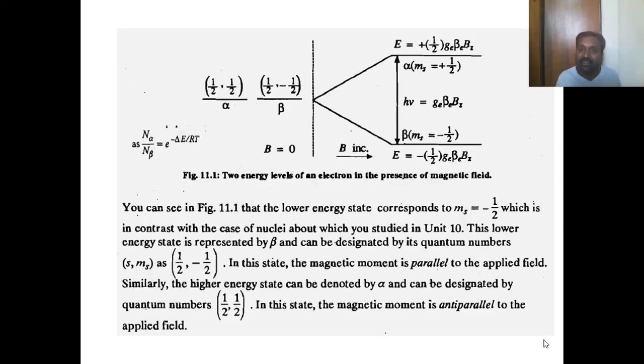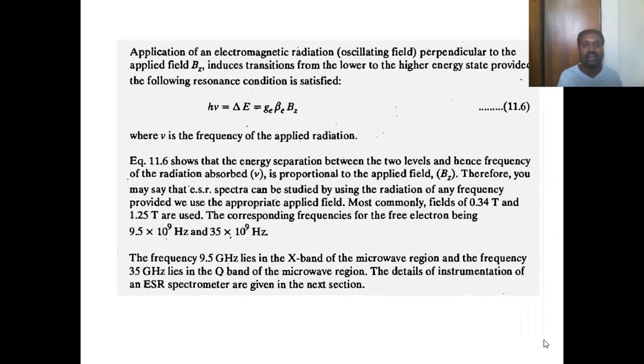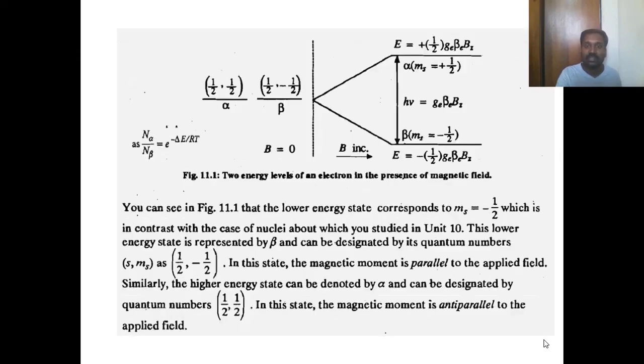Now what is the delta E value of this? You have to subtract the energies of the alpha and beta states and you get delta E is equal to g_e beta_e into Bz. g_e is the g value of the electron, beta_e is the Bohr magneton, another constant, and Bz is the strength of the applied magnetic field. Now please go back to this diagram and see that